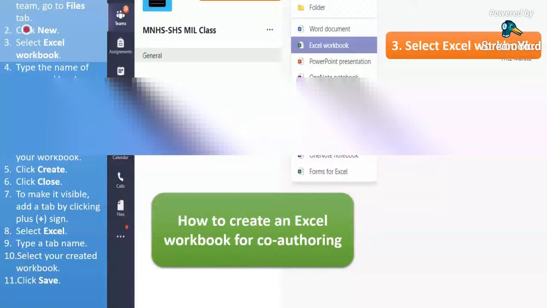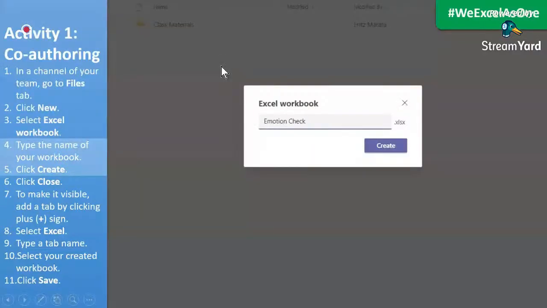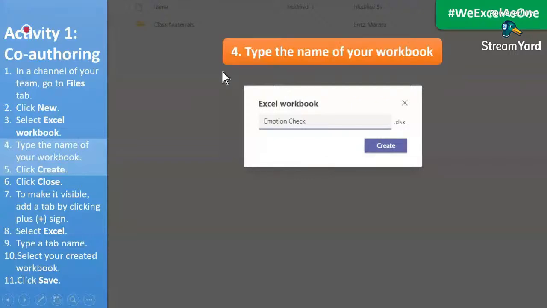Once you have clicked Excel workbook, a dialog box will appear. The other parts of the Teams application will be darkened for you to focus only on the dialog box. What you are going to do here is the fourth step, and that is to type the name of your workbook since you are going to create an Excel workbook.